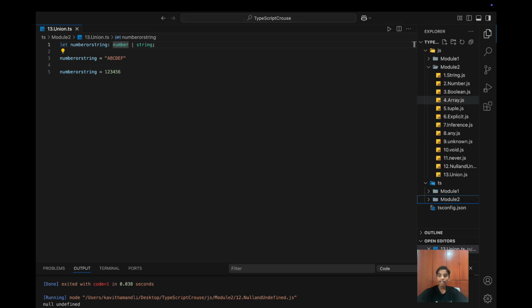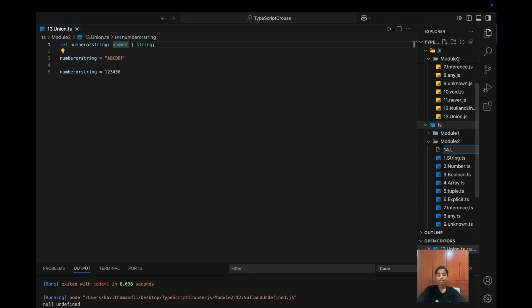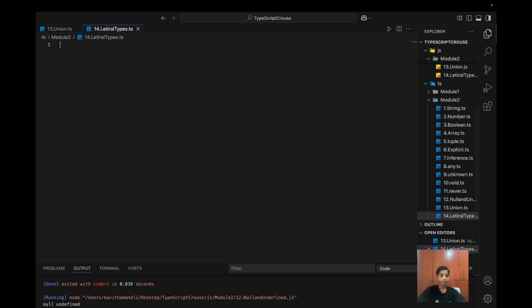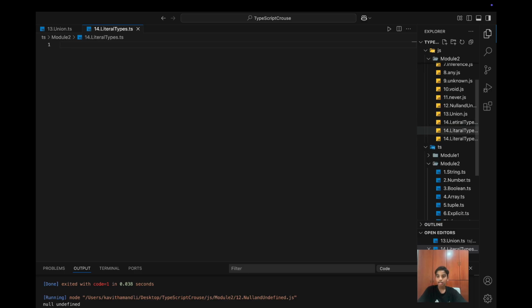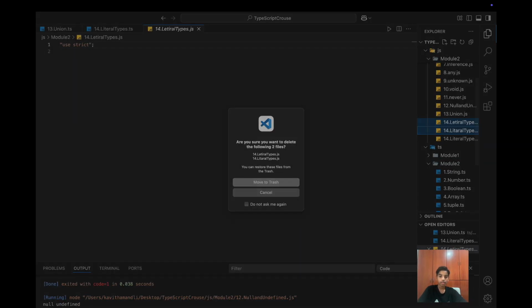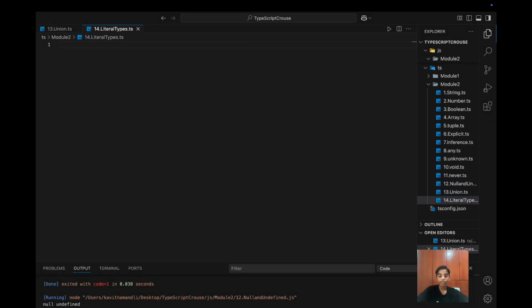So now we can create a new file in module 2 saying 14.literal types, and don't worry, I'll fix the names later. And over here you can just delete the bad names, so just delete this. And over here, we're gonna write a variable such as let stats